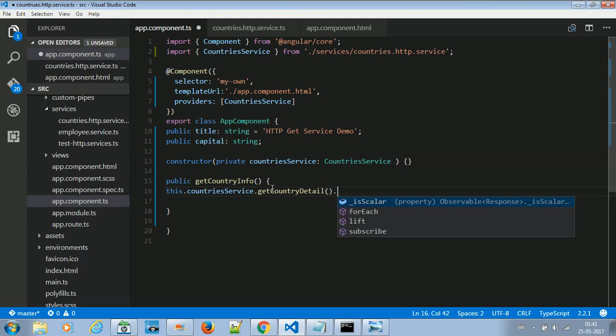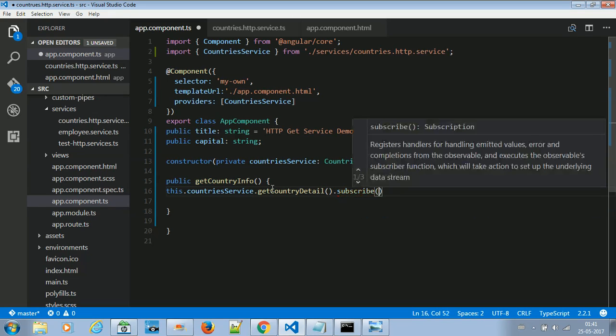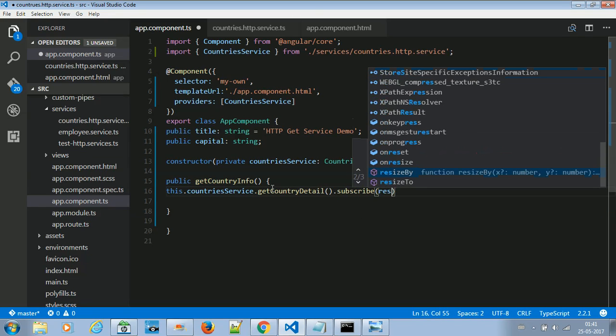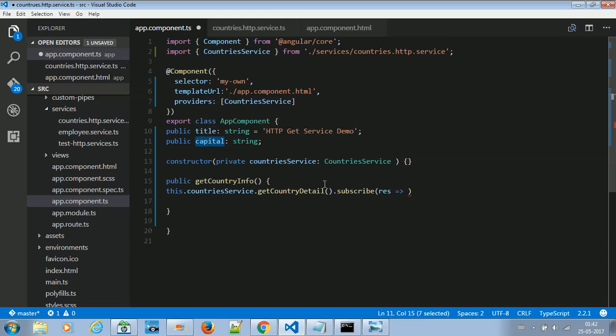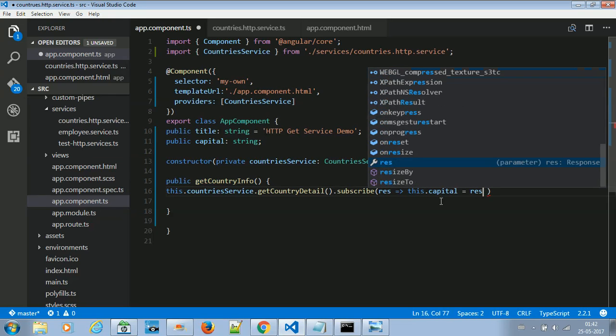Okay, so this will return me an observable. If it is an observable, I can simply say subscribe. I can subscribe to it, and then I can use an arrow operator. Res will return me the response. So this is the parameter I am passing with the arrow function, and what I need to do with the response, I'll make it very simple. So capital is what I need. So I will say this dot capital is equal to response